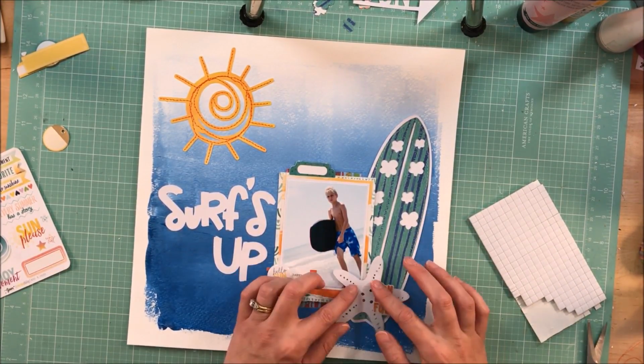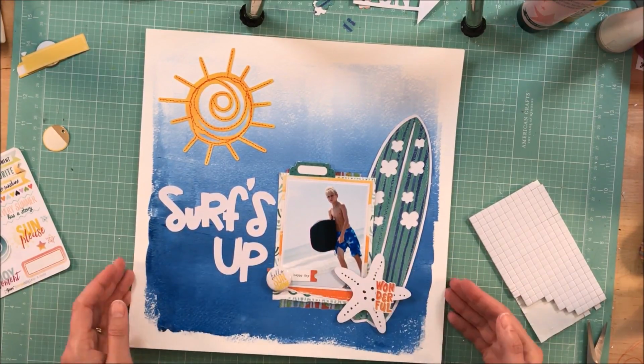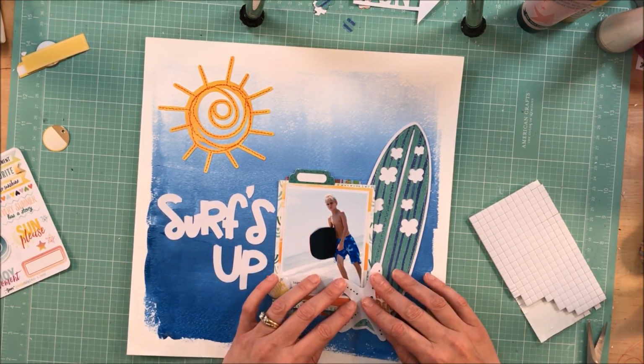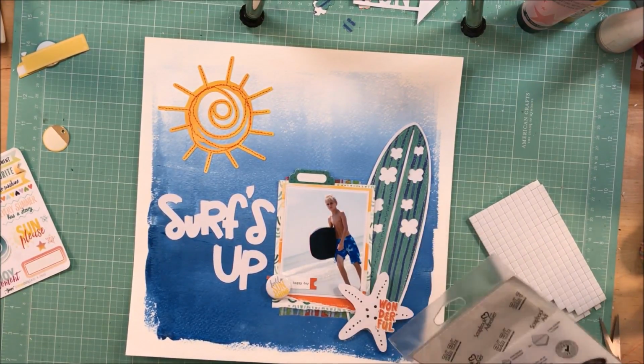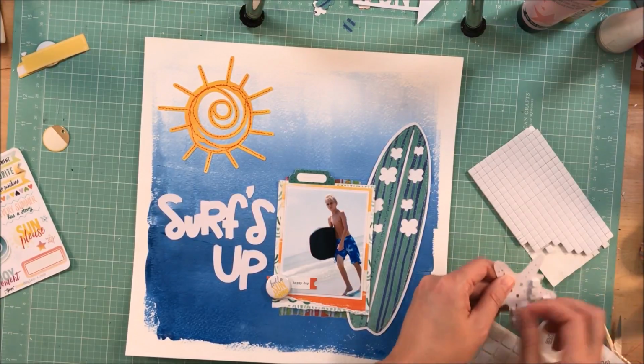So I am going to pop the starfish up. This starfish is an exclusive Cocoa Daisy cut file, and I really like it. I think I've used it on two, if not three, of my layouts. It just works well for a beach page. Now what you see me doing is